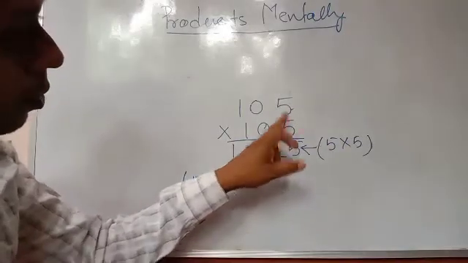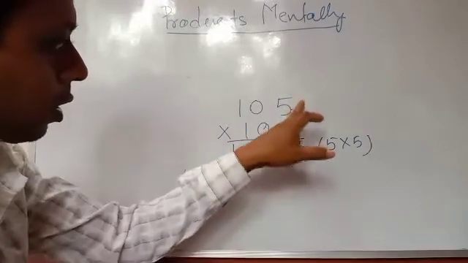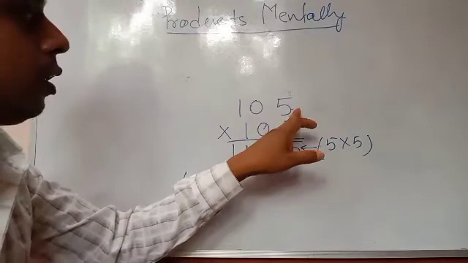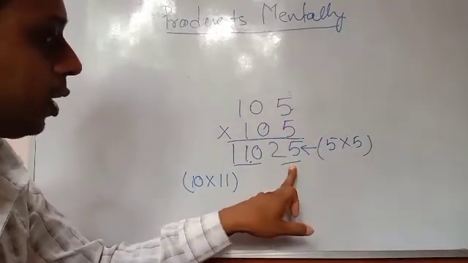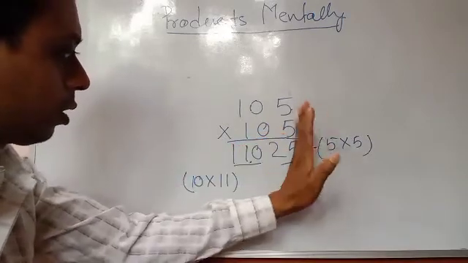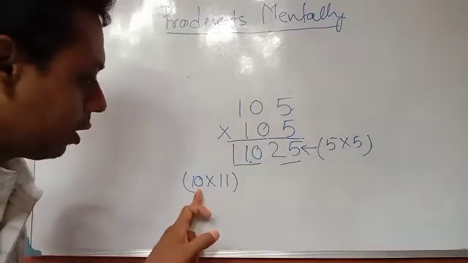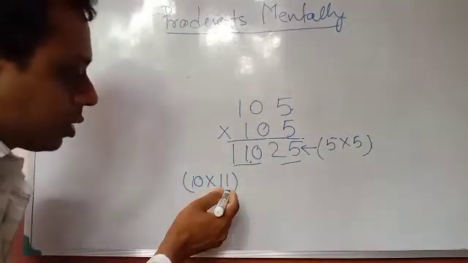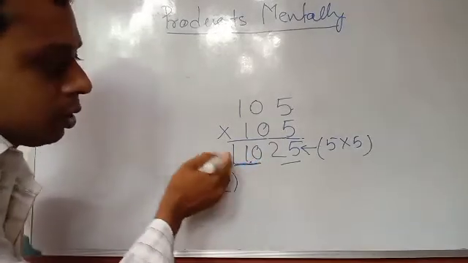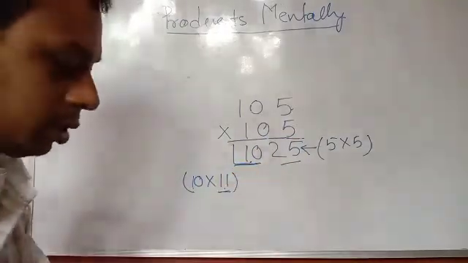Again I am showing you same process. Previously there was 2-digit number, here 3-digit number, but in one place, in both the number are same, and one place 5. 5 5s are 25. You have to write. Then the 5 already I have taken, now remaining is 10. Now successor of 10 is 11. Now 10 you multiply by 11, then you will get 110. So 110 you put here, then you will get the product, that is 11,025.